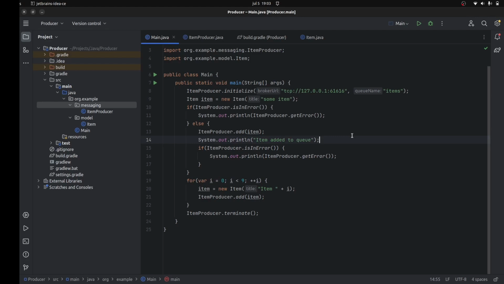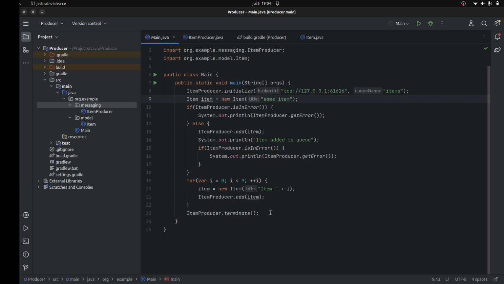In this video, we're going to take a look at ActiveMQ topics. So instead of a queue, which is the example we have here, we'll be creating a topic. The difference between the two is that with a queue, only one consumer can read a message from the queue. But with a topic, multiple subscribers can read from that topic and get to see the same message. So you can have a couple of subscribers process the same message